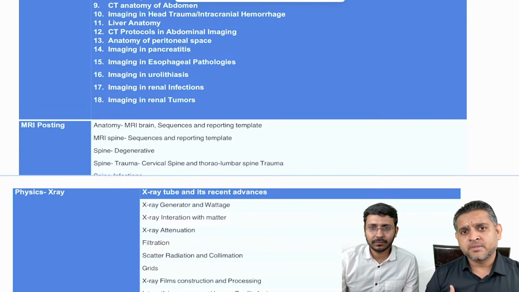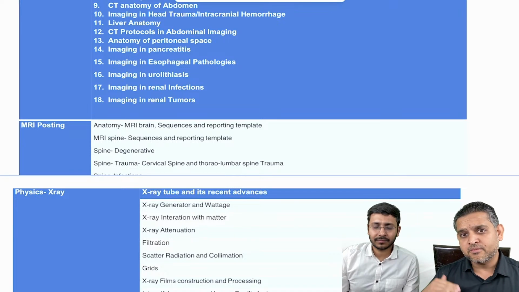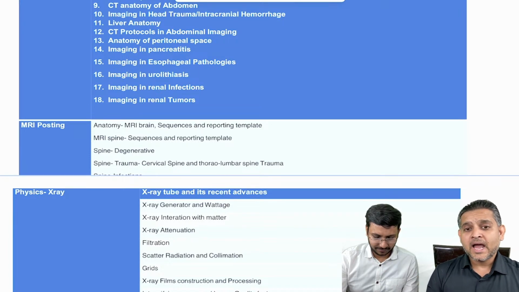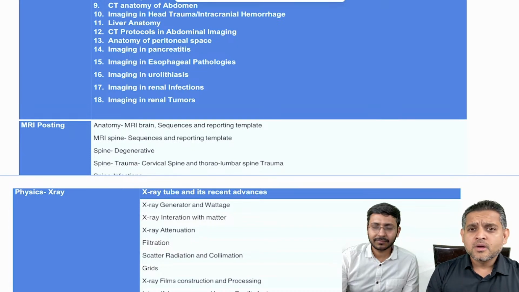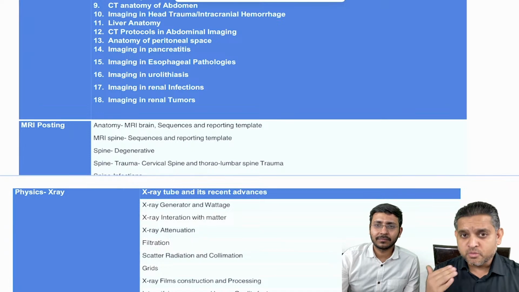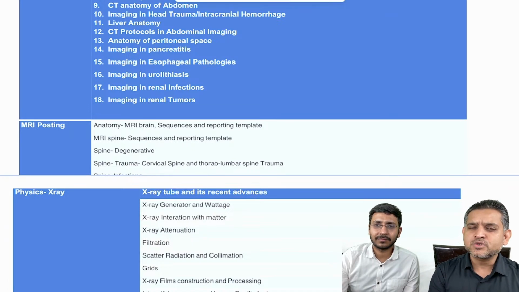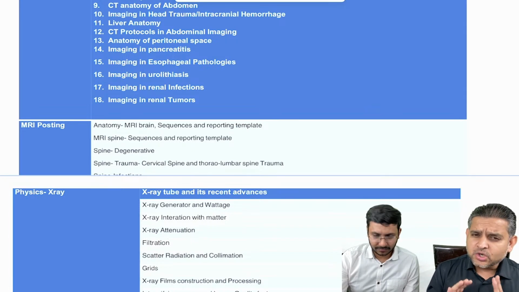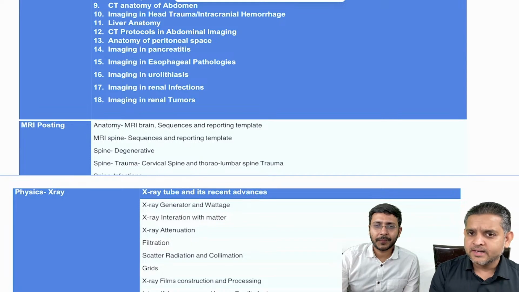I did my MBBS, MD, everything from Maulana Azad Medical College, and after that, when I moved as a consultant to a private hospital, that was the time when I learned the majority of my MR, right? And you will be surprised to know, people after completing their residency used to come to me to learn MSK MR, right? So this is absolutely okay,